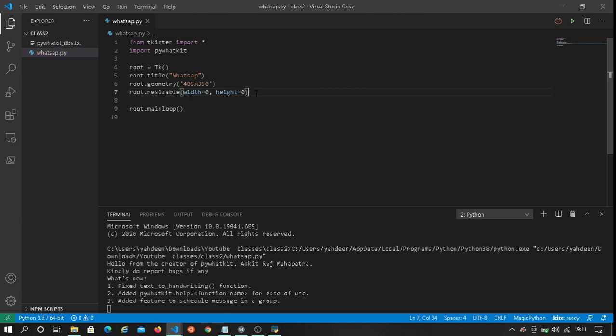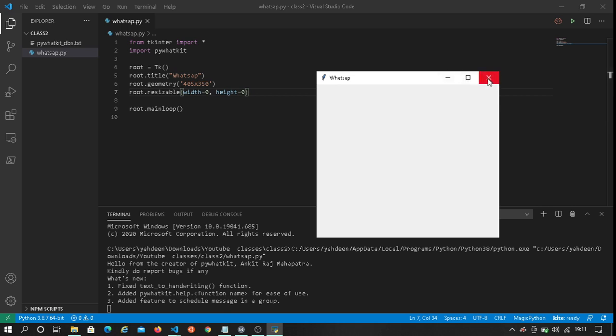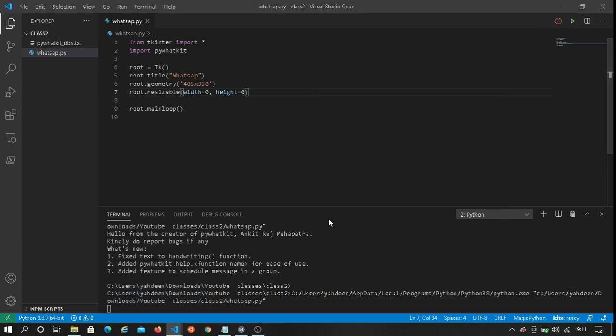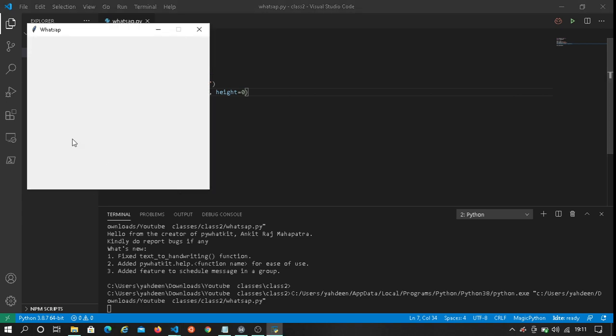What this does is it makes the frame fixed so that we cannot expand or minimize the frame. So when we close that and run it again, it should be here. As you can see, right away.